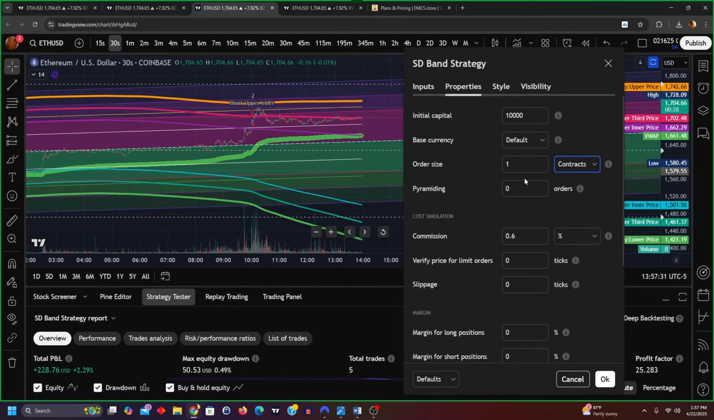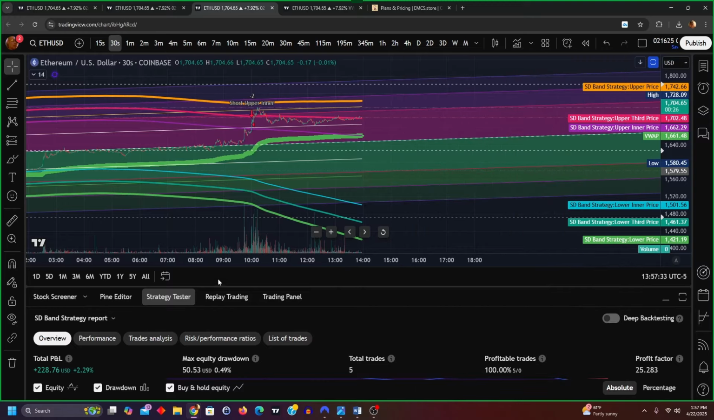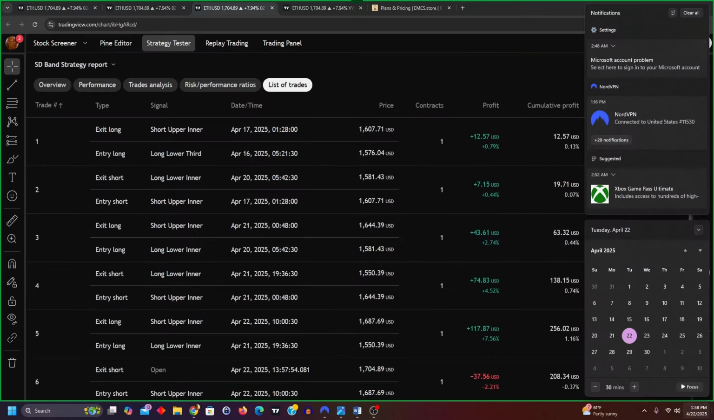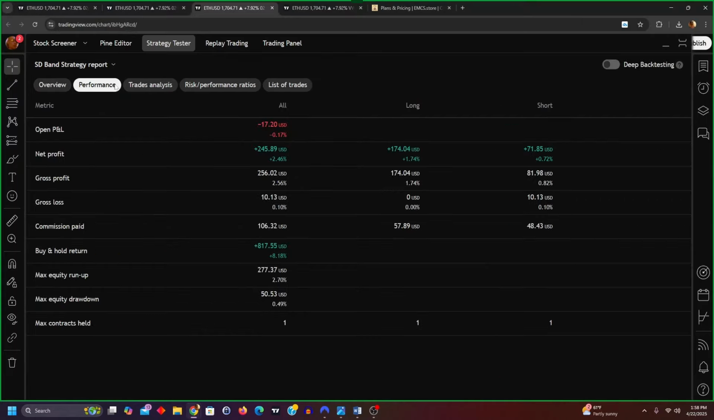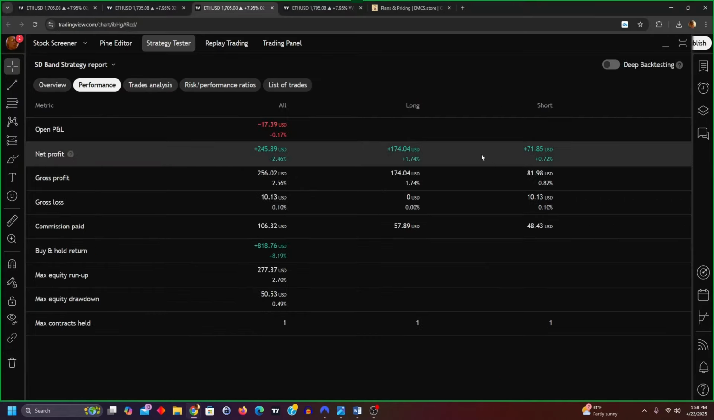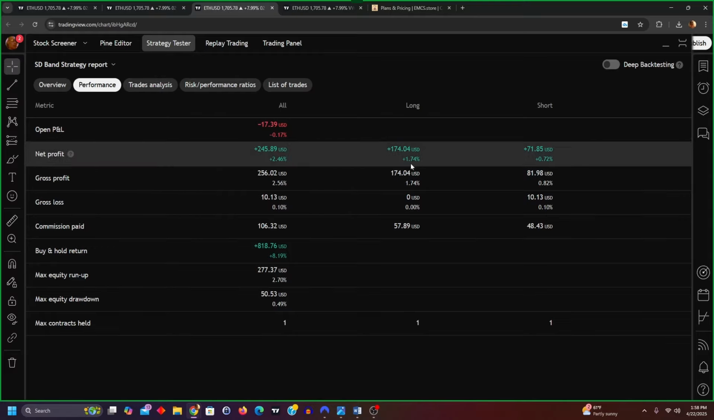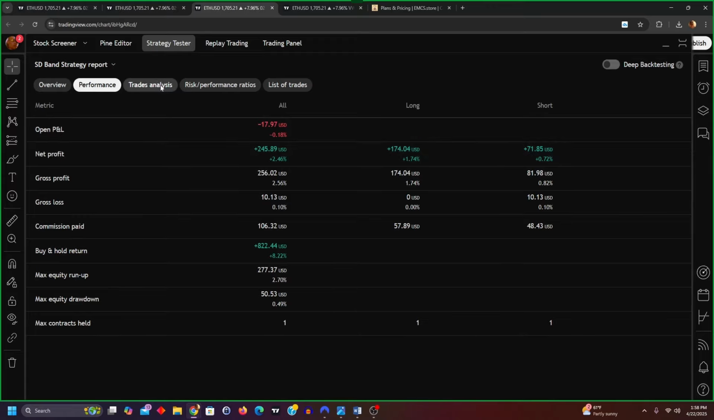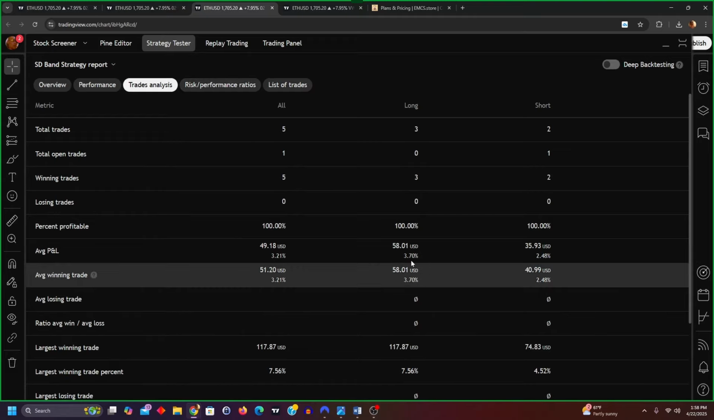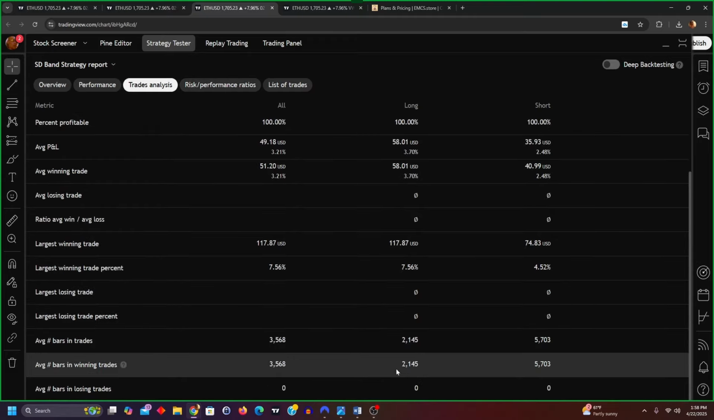And this is, let's see here, over a week. And you can see it performs with both long and short. Depending on market conditions, it'll perform a little better long or short, depending on what the market's doing. You can see average bars in trade. Again, this is on the 30-second chart, so